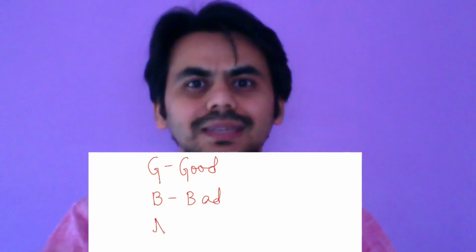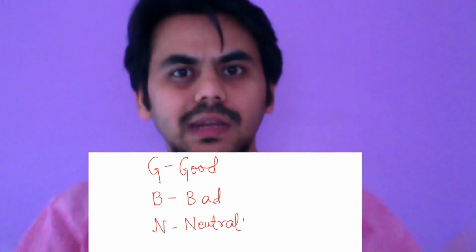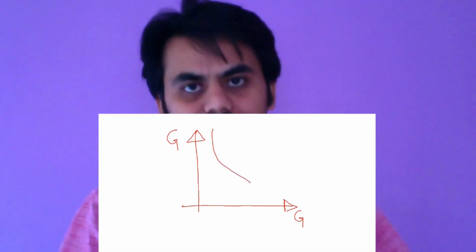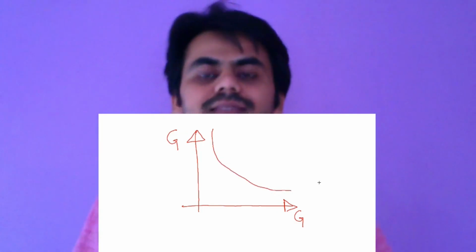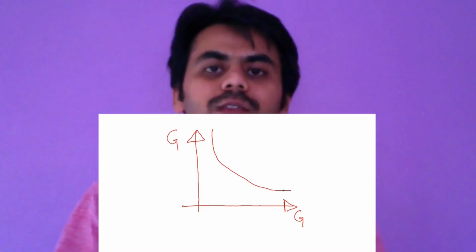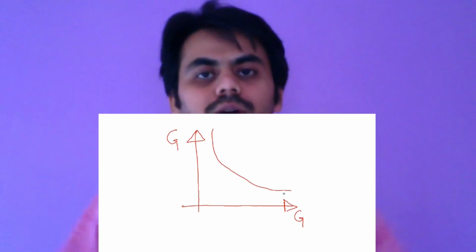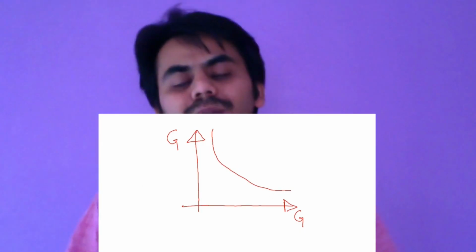Let's have good on the x-axis always, and have bads and neutrals on the y-axis when needed. We can also denote goods as G, bads as B, and neutrals as N. If you look at the first diagram, both are goods. On the x-axis you have your standard good, which I'll be using in all the diagrams. On the y-axis we also have a good. So x and y both have good in this particular diagram.